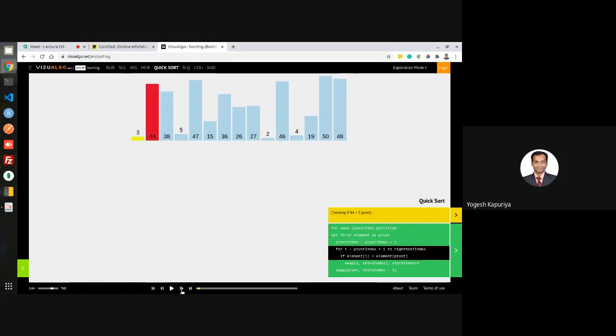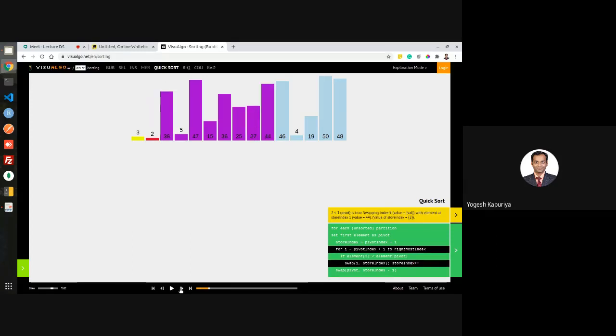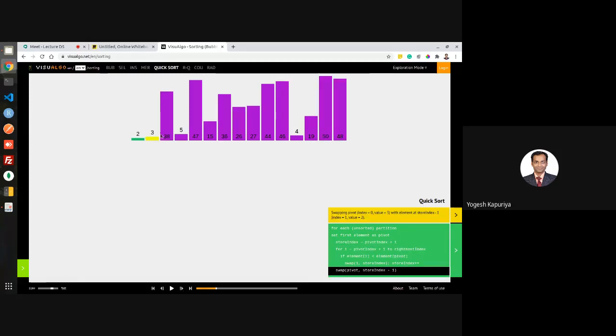So what you will do, you have 2 pointers, right, i and j. So let us start with i and j. If you see the algorithm, while A of i is less than pivot, skip all the elements which are less than pivot. Here no elements are less than pivot. So if you see after first iteration, what will happen is 3 will find its place. Now you are sorting 2 more arrays. One array is this single element array and there is another array, which is this one.